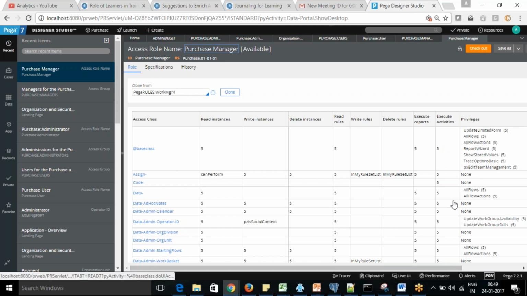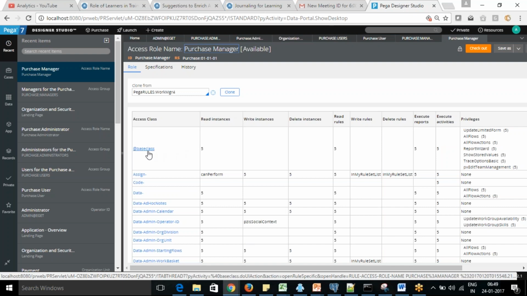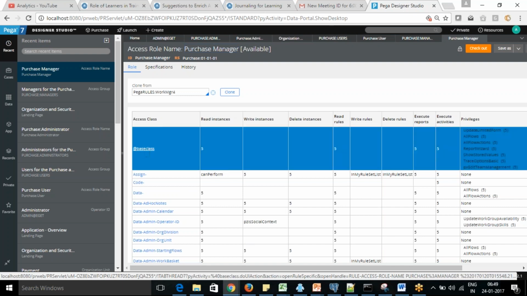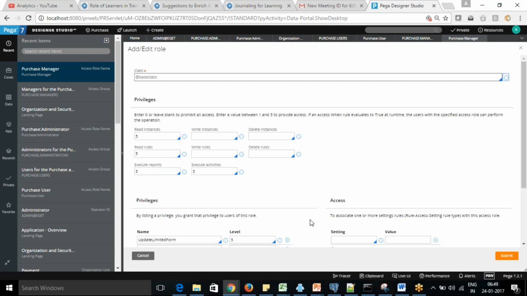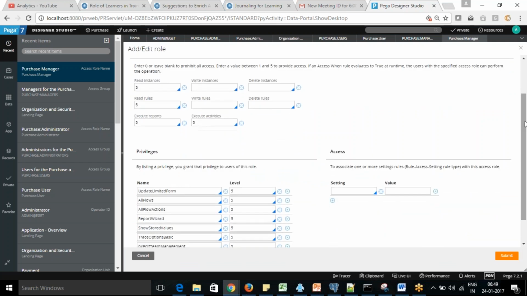We can see that, and this is what we mainly call ARO. If you click on one rule, this is whatever you are going to maintain and update. This is what we call the ARO rule, access role to object.